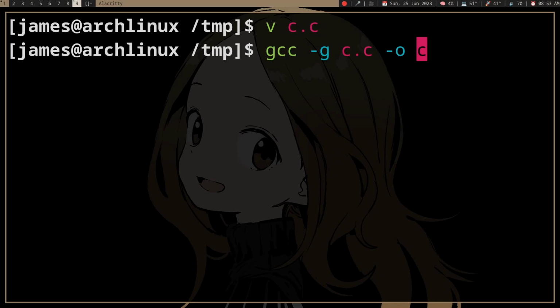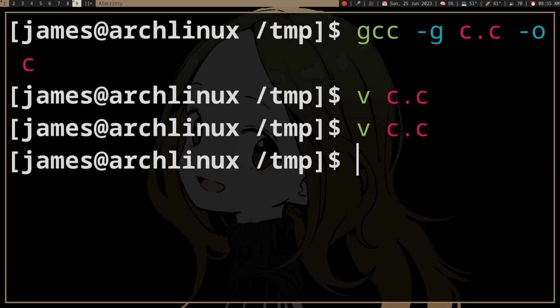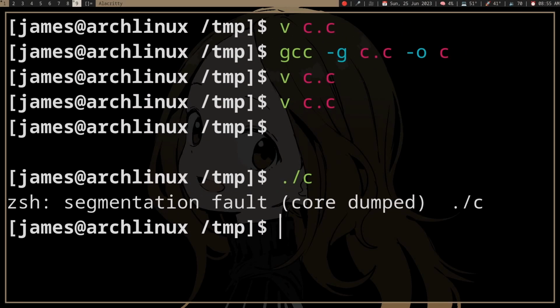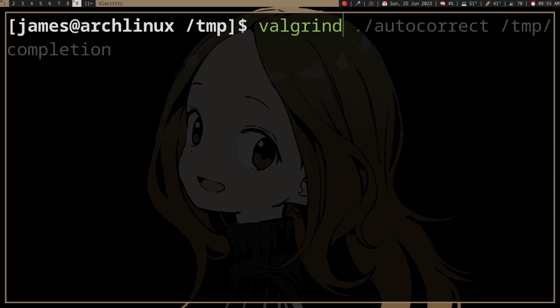So if we compile this, what's wrong with this? Well, we are passing null to puts, which needs a valid address to a character array, right? And well, if we run it, segmentation fault, right? Obviously. But well, how do we actually get where the error occurred? So we can use a program called Valgrind,